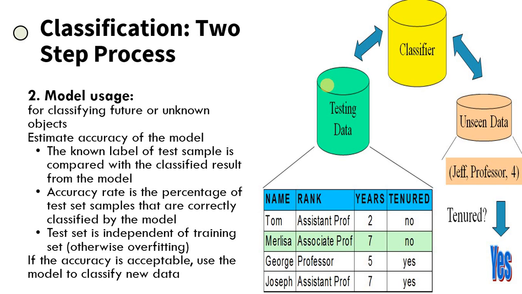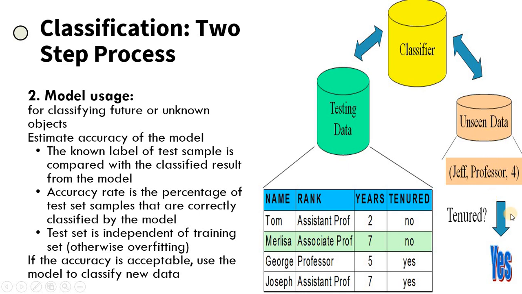So we are not using the training data, but we are using the testing data, which does not contain any data from the trained model. That is why it is different data, and so we can accurately estimate how efficient our model is. This testing data is given to the classifier,